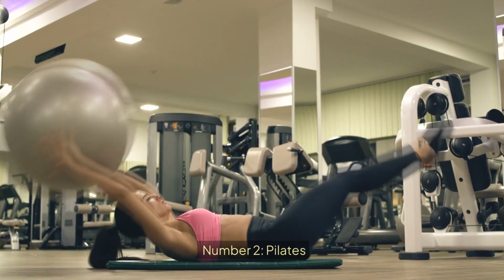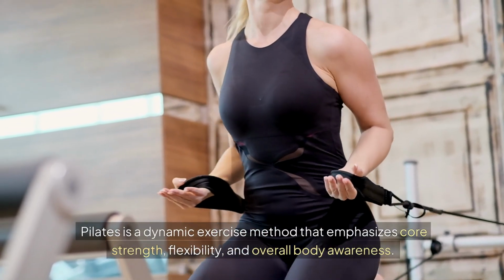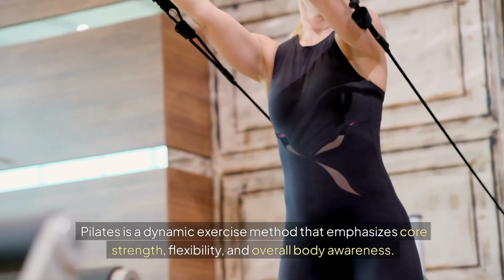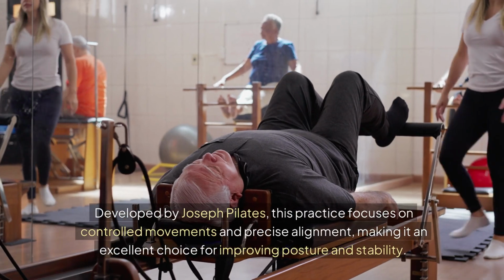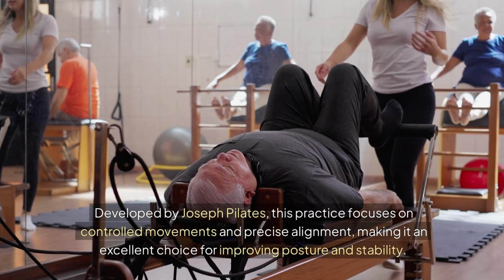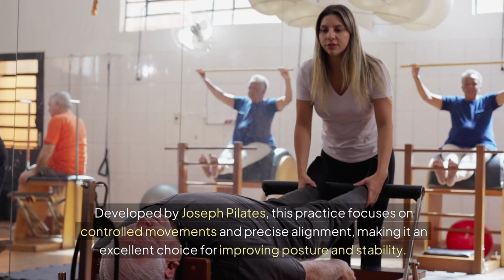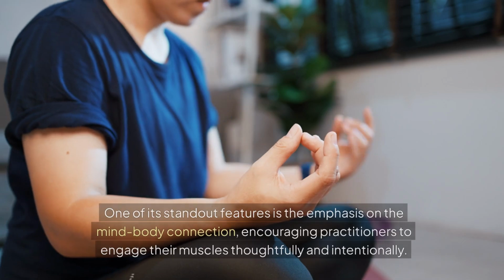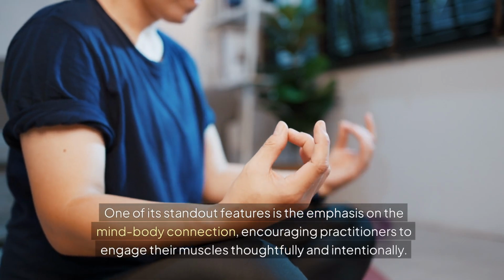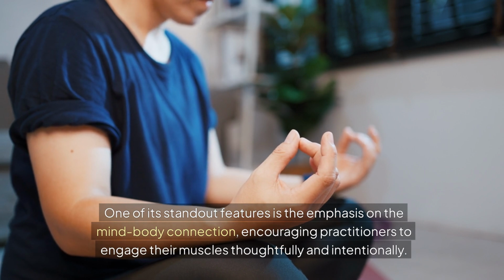Number 2, Pilates. Pilates is a dynamic exercise method that emphasizes core strength, flexibility, and overall body awareness. Developed by Joseph Pilates, this practice focuses on controlled movements and precise alignment, making it an excellent choice for improving posture and stability. One of its standout features is the emphasis on the mind-body connection, encouraging practitioners to engage their